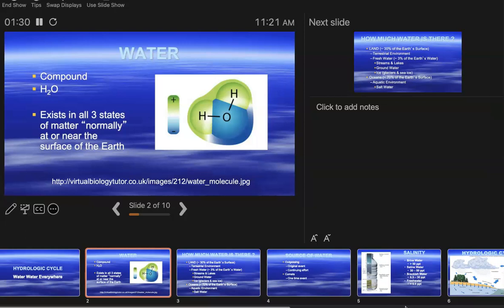It's a compound. We talked about compounds at the beginning of the semester, talked about how magical they are. You put two ingredients together, in this case two gases, and not only do they make something different, they make three somethings different, all right? And that, as I said, is something that's really unique for water. There's very few other things, if anything, I really ought to Google this one of these years, that exist in all three states of matter normally at the surface of the earth.